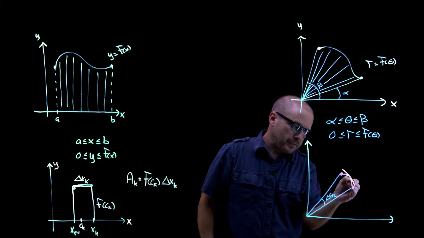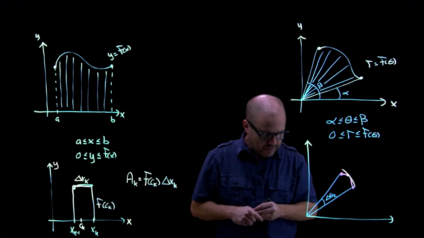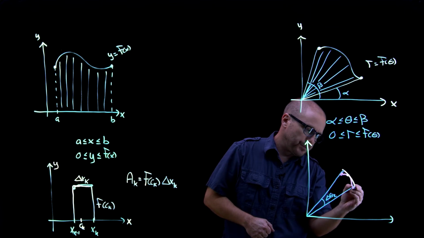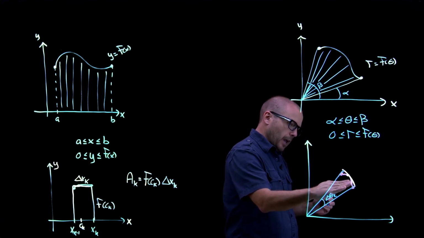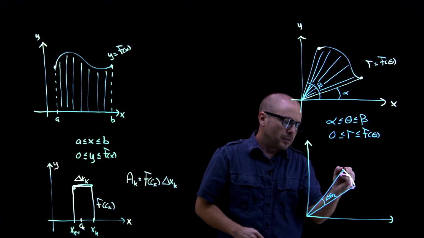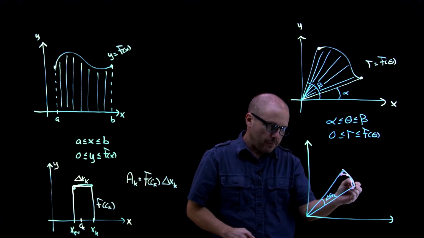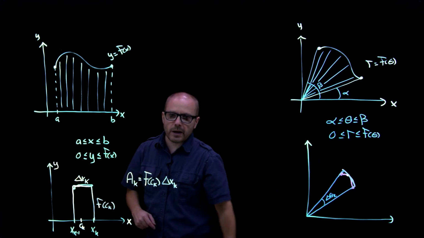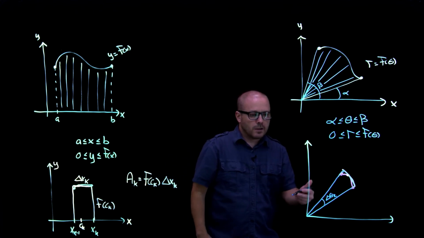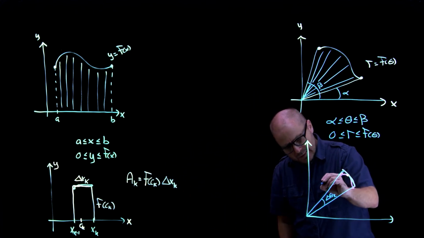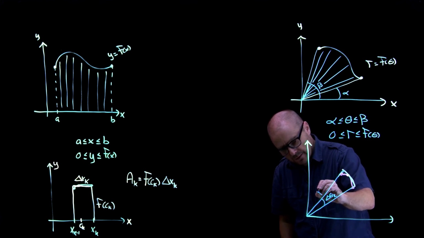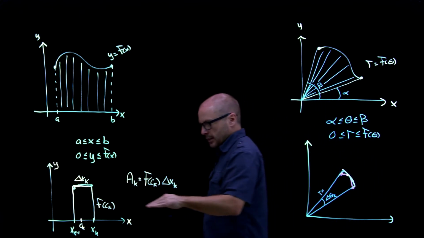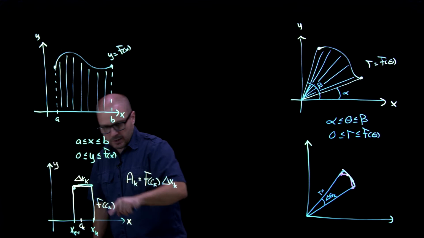We'll keep r fixed. So when you fix r, though, what you get is a little bit of an arc of a circle, right? Because all the way through that theta sub k, we've kept the r fixed. So we get this pie piece, right? And so that pie piece is our analog to the rectangle over here in Cartesian. So let's label this radius here is fixed. And it's fixed at the function at some theta in between there, just like the height of the rectangle is